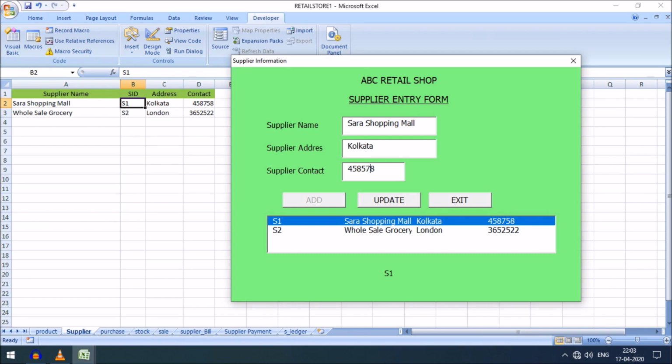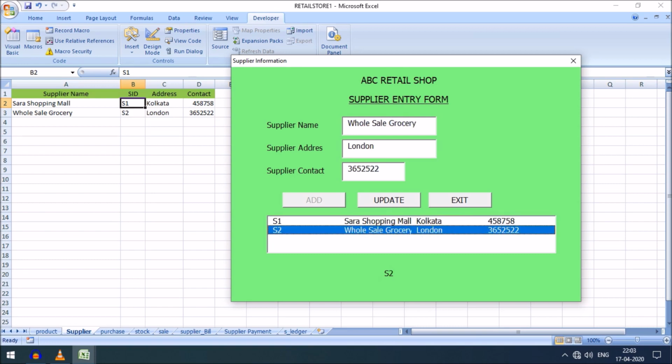which I used in the first column of the list box. You can see the first column, S1, S2, this is the first column of the list box, being displayed here whenever I click on any supplier name. The corresponding supplier ID is being displayed under the list box here, and this ID, friends, will be required,